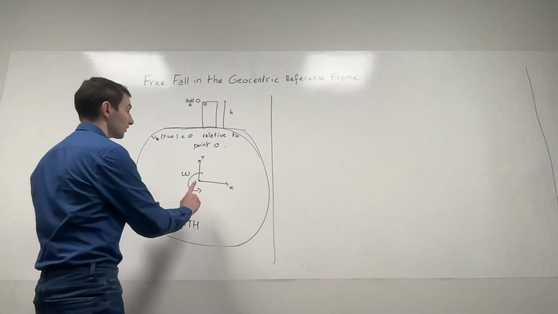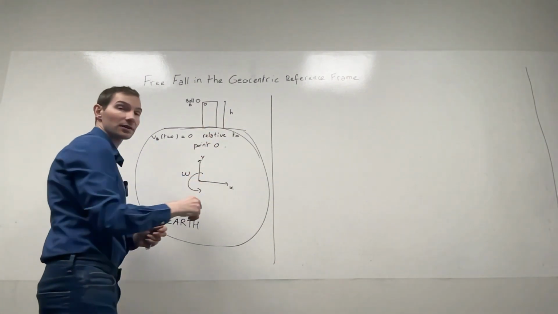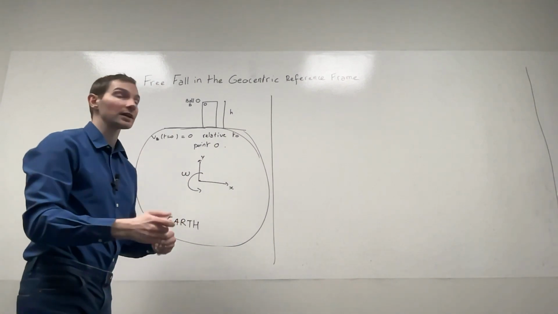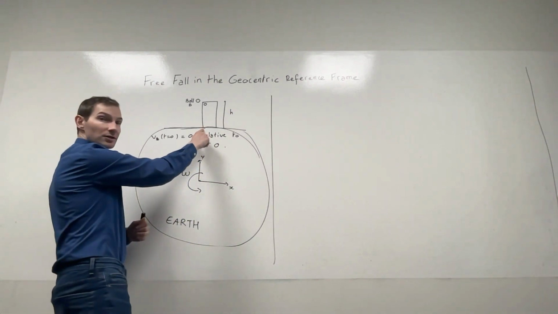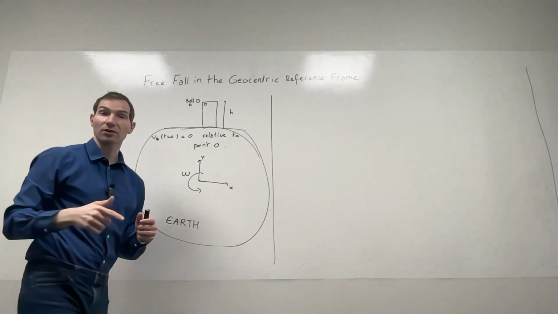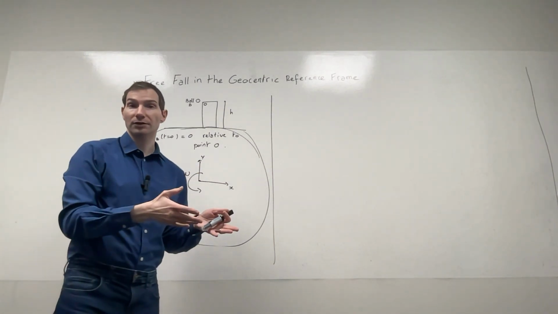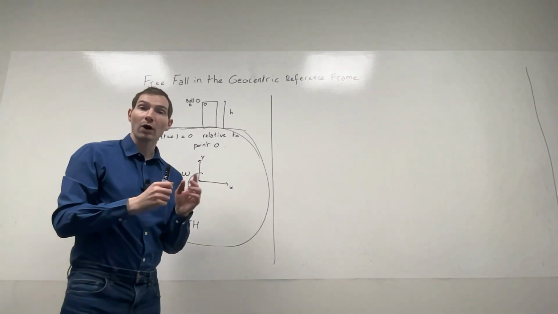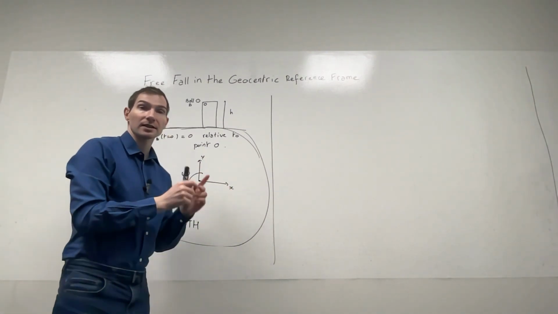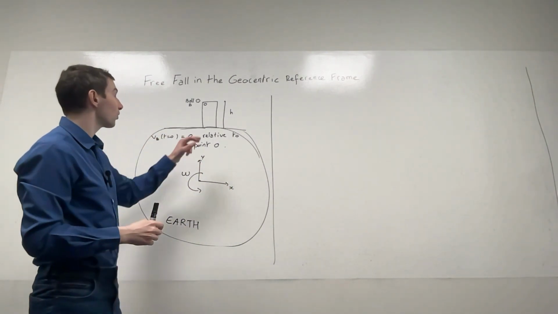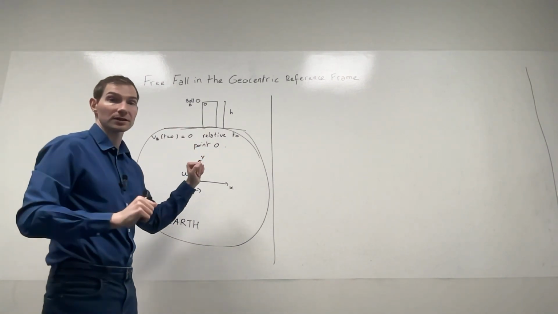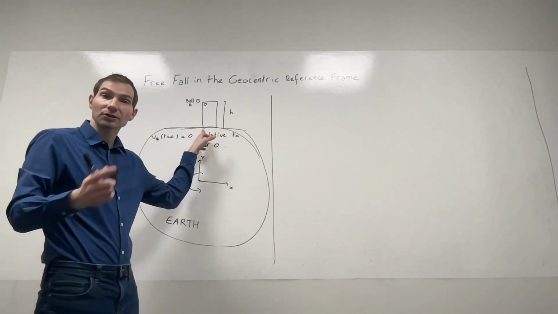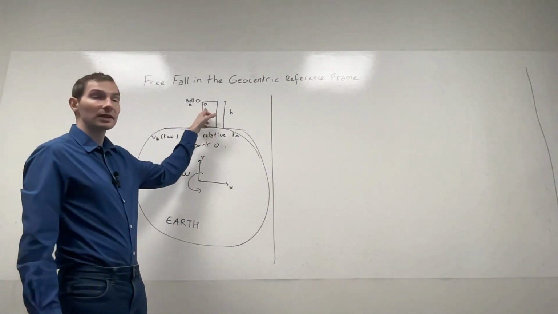Okay, so the assumption is that this tower here is a rigid tower, so the angular velocity omega of a point at the base of the tower is the same as the angular velocity at the top of the tower. So that's the assumption we are going to make here. However, what it means is that the velocity of a point, not the angular velocity, the velocity of a point at the base of the tower